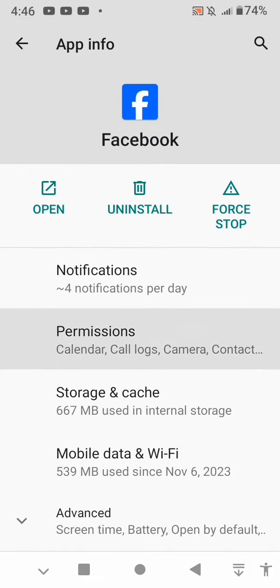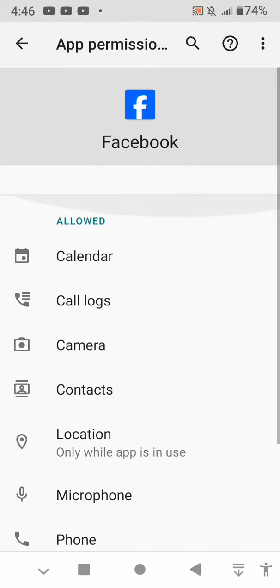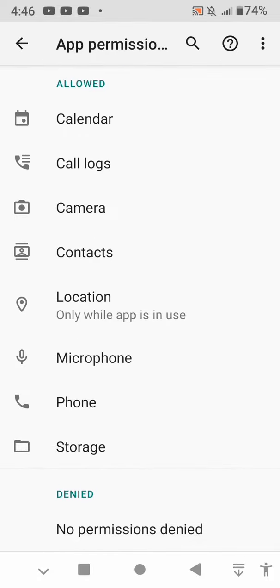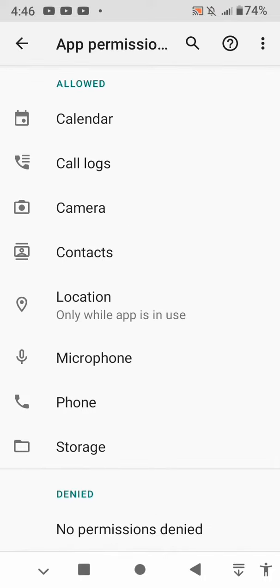is to tap on the permissions and make sure every permission is allowed. So as you can see, every permission is allowed over here. Don't let any of these permissions get denied. After that, go back,